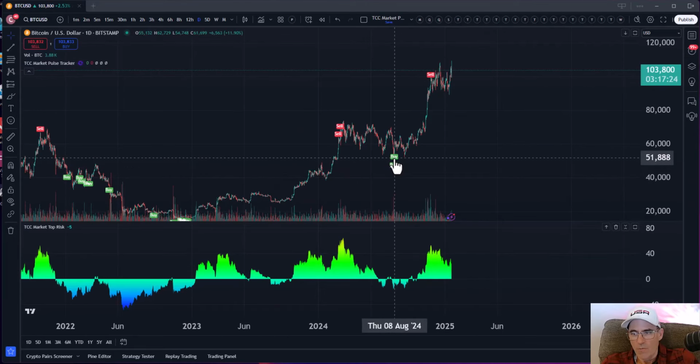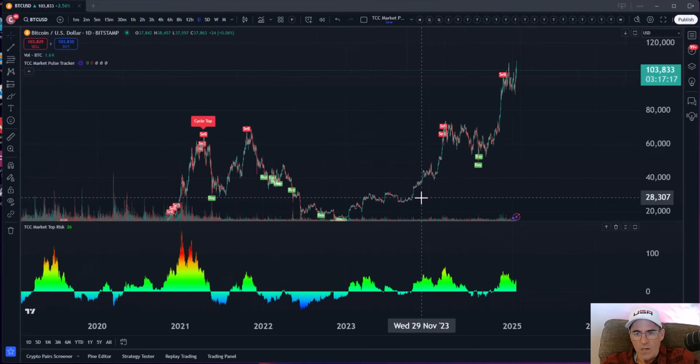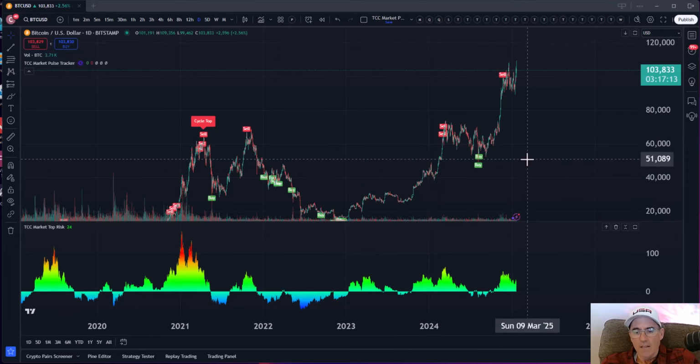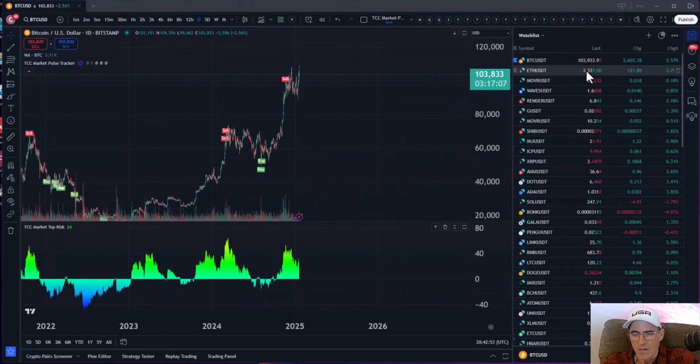This is a great time to accumulate. Bitcoin at 51,000. It even hit 49,000 one day. And then here we are at 103,000. So we're going to post these on a regular basis. We'll start putting this on our daily market reports as well, so you can see this chart and stay up to date on this. Now let me take this and go ahead and put this on a couple other